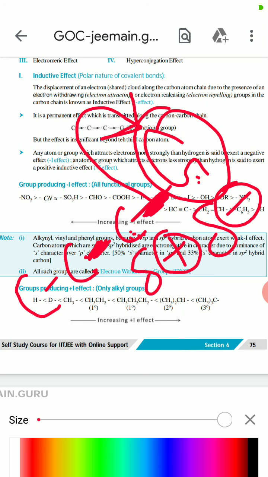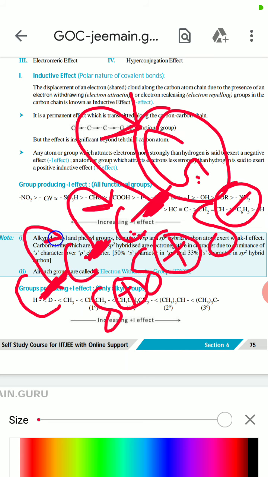Now the shared electrons of this sigma bond would be attracted toward this carbon, hence this carbon also gets partial positive charge. Now the shared electrons of this sigma bond would be attracted by this carbon, and this carbon becomes partial positive. So we can say this group induces an effect in this carbon chain. This group makes this carbon chain polar. So that is called the inductive effect of this group.